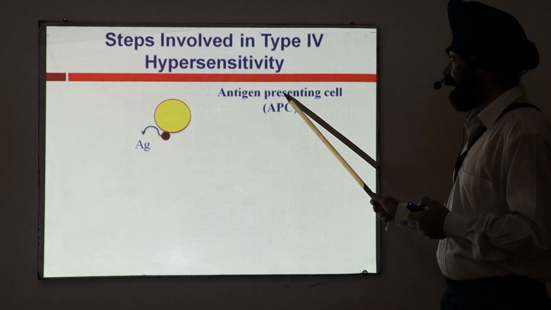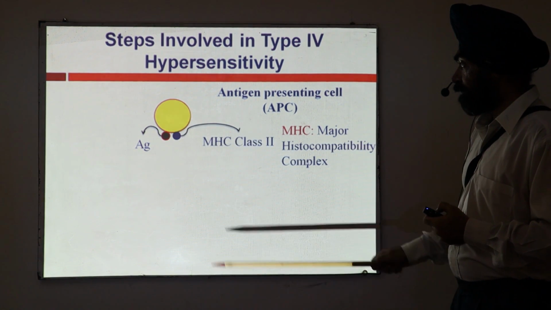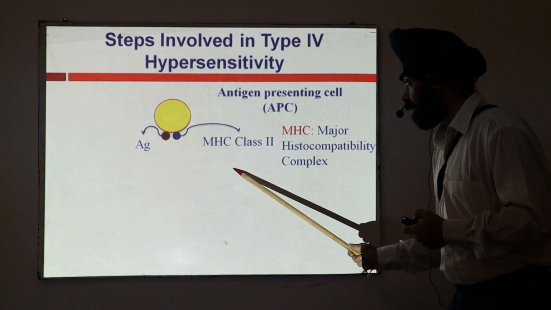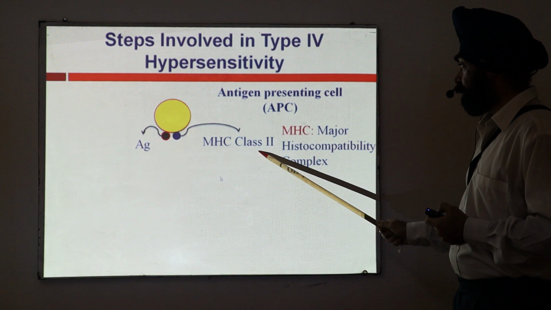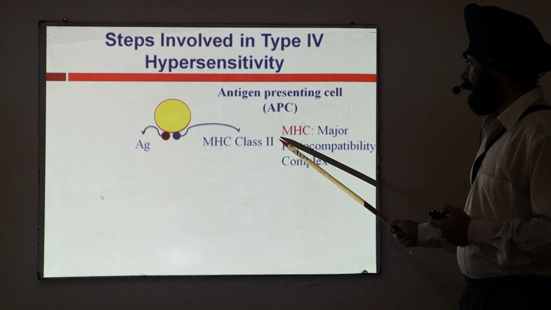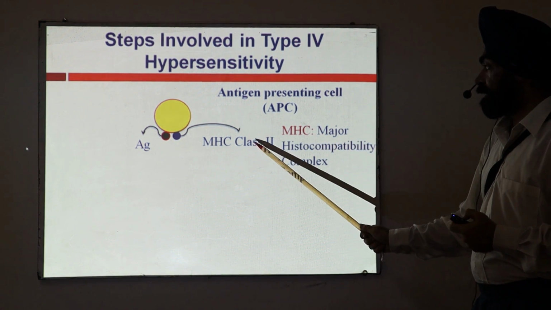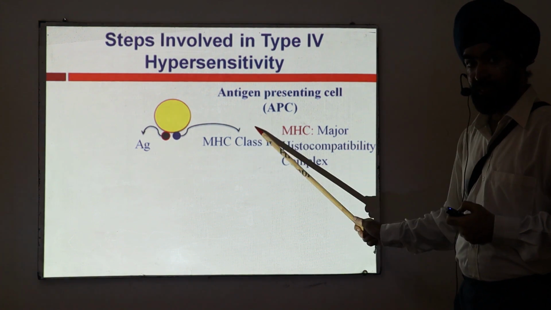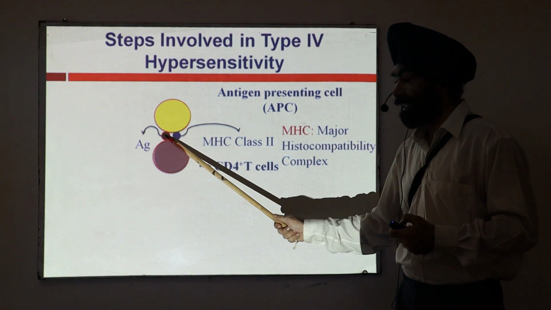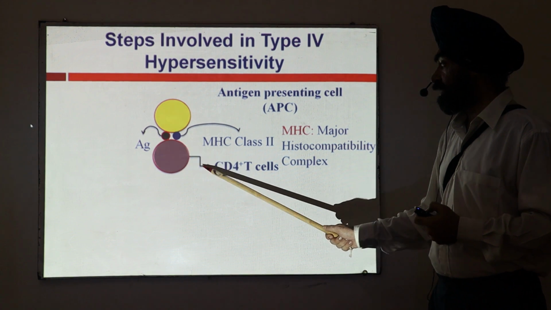These two interact, and this interaction will bring into play the MHC, the major histocompatibility complex. MHC class 2 is more important in this condition. Now with the help of this antigen and MHC class 2, there is an activation of CD4